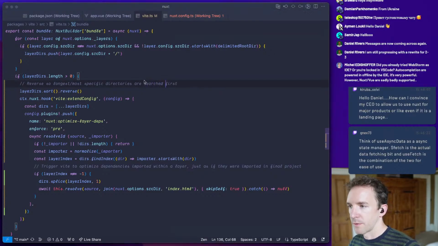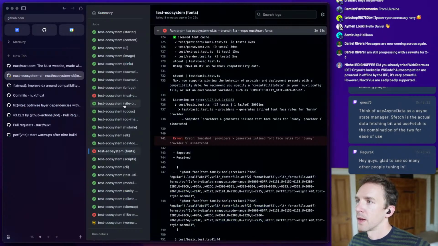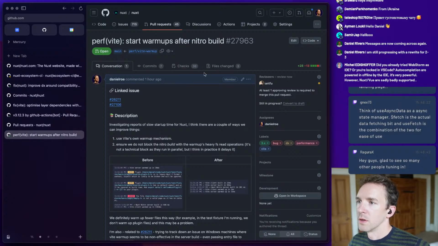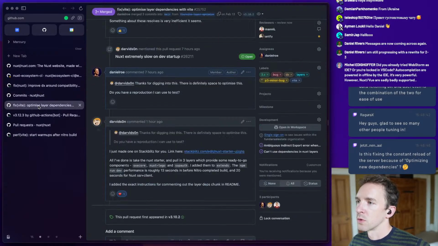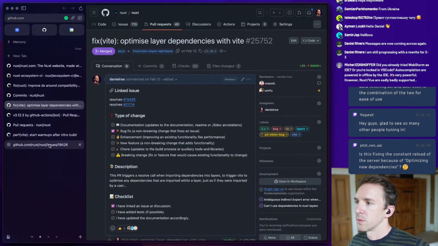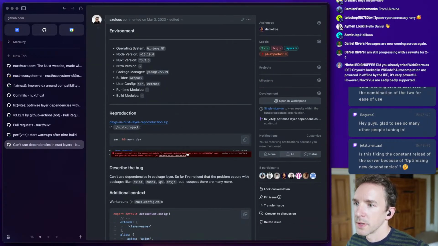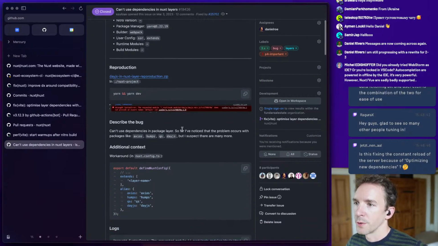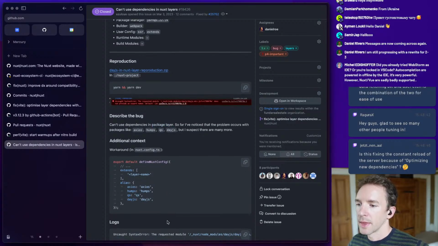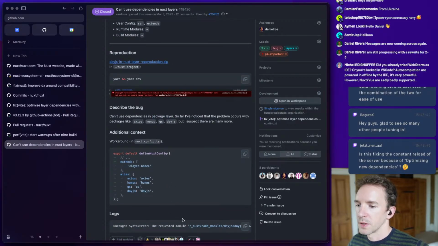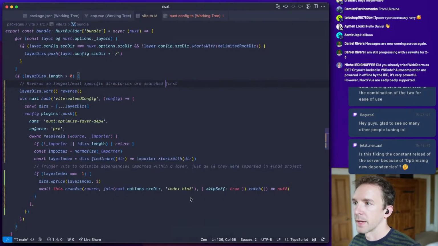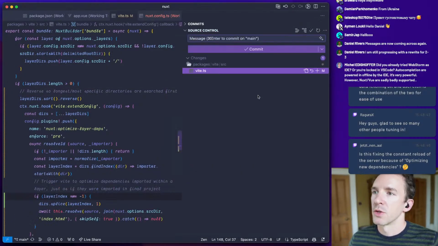And also we need to confirm that the original bug is resolved. So the bug was that you can't use dependencies in a package layer, but I think that is resolved, as in I think it's tested in the reproduction we have. So I think that's good.